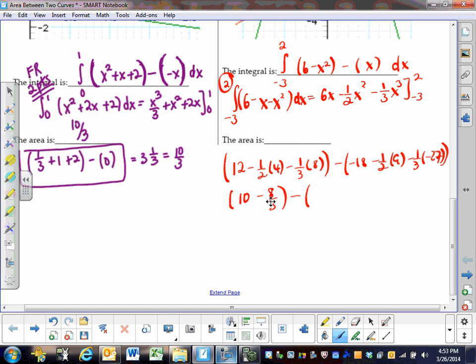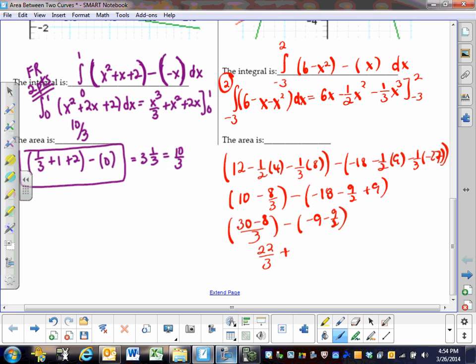And again, this is a worst case scenario for having to put this together. Negative 18 minus 9 halves plus 9. So then I would have 30 minus 8 over 3 minus, and here I would have negative 9 minus 9 halves. So I have 22 over 3